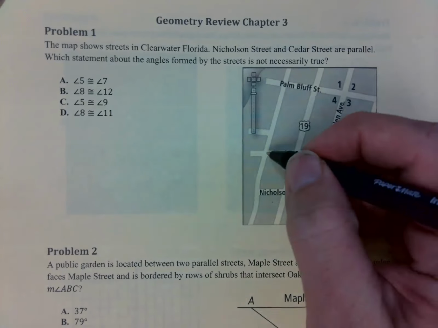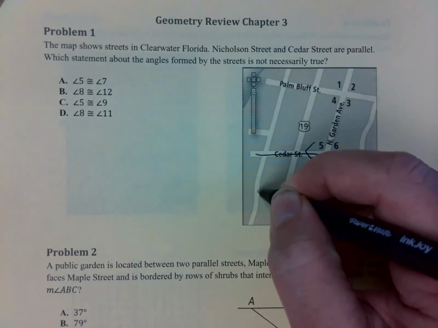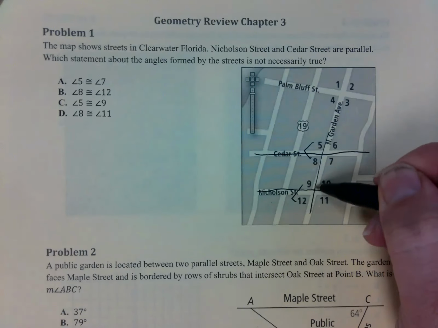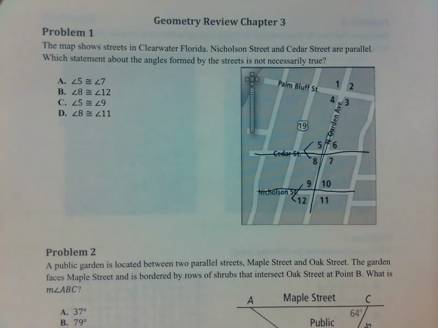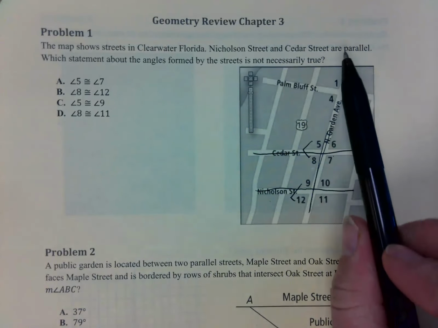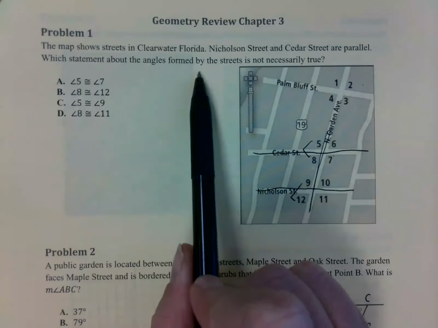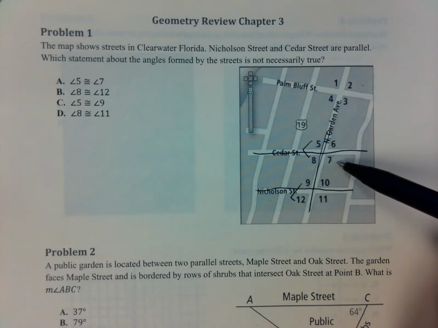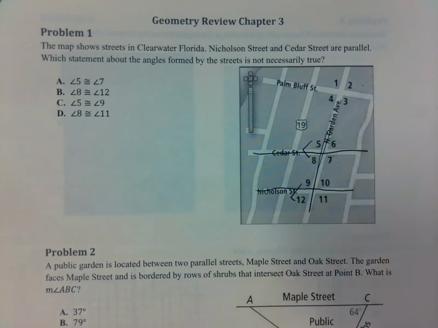Well, if I'm looking at this, here are my two parallel lines. And if I'm looking at the numbers, this would be my transversal. So when I'm looking at this, I don't want to say anything about angles 1, 2, 3, or 4, because they have nothing to do with my two parallel streets. So I'm looking at this 5 and 7. It's asking for which statement of the angles formed by the streets is not true. Well, 5 and 7 would be